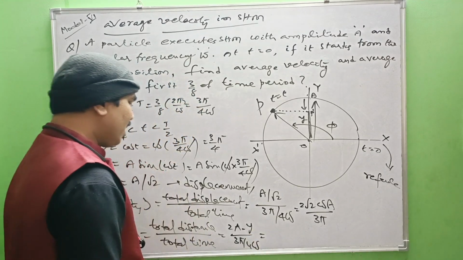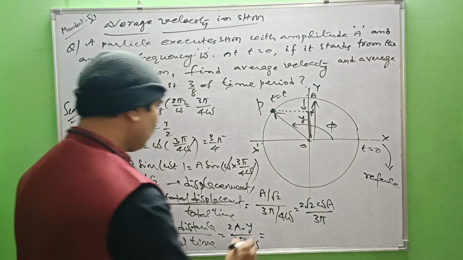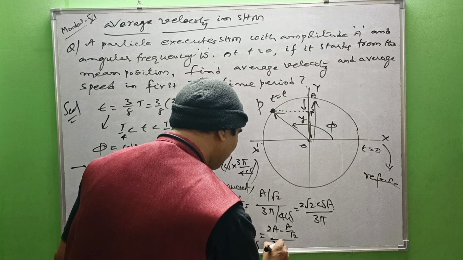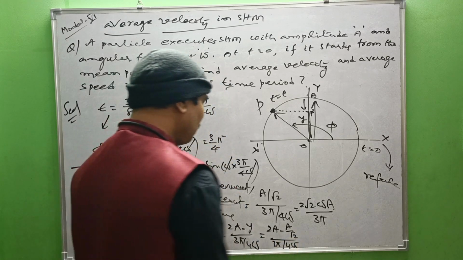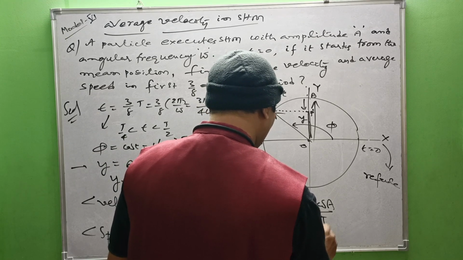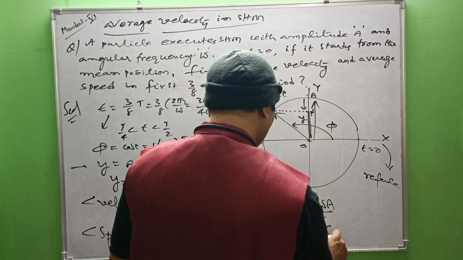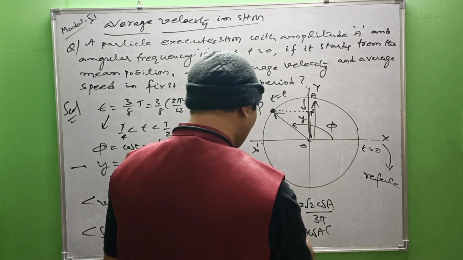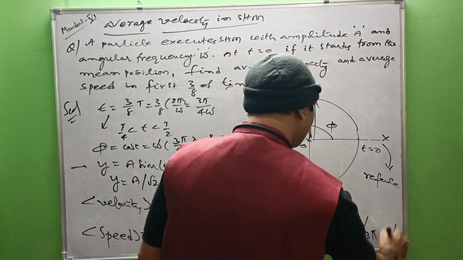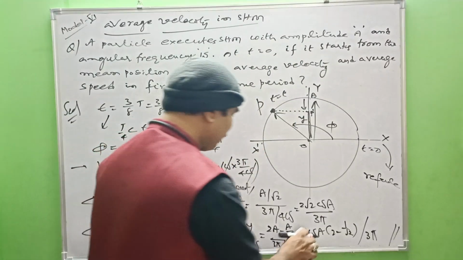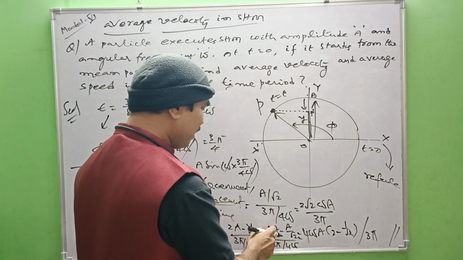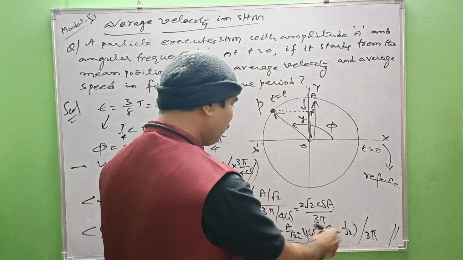That is 2a minus y. Y means what here? A by root 2. So 2a minus a by root 2 divided by 3 pi by 4 omega. Right? So here a omega is kept common. 4 also goes to the numerator, 4 omega a of 2 minus 1 by root 2 whole divided by 3 pi. So this is the average speed. So 4 omega goes to numerator. If I take a outside, that is 4 omega a of 2 minus 1 by root 2 by 3 pi